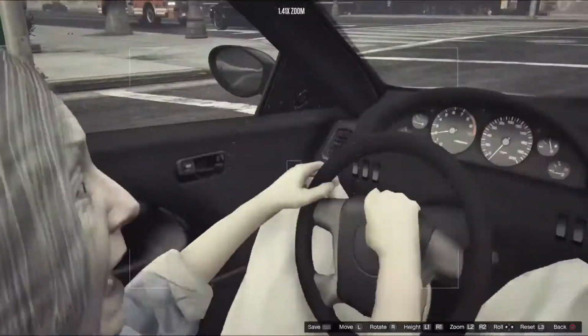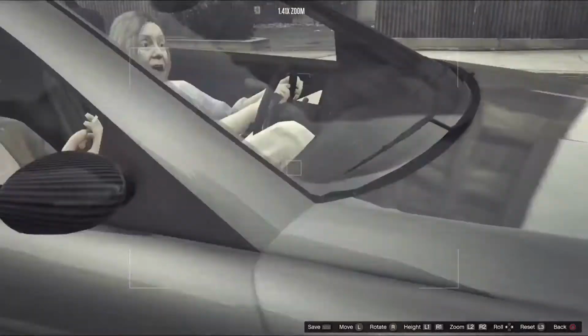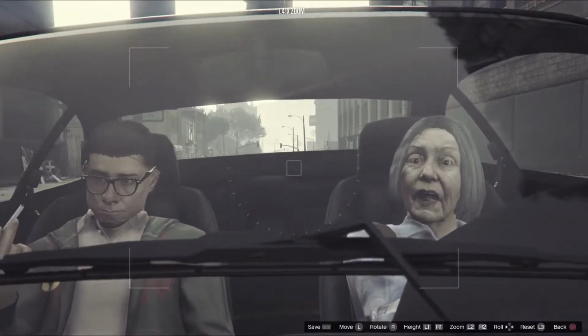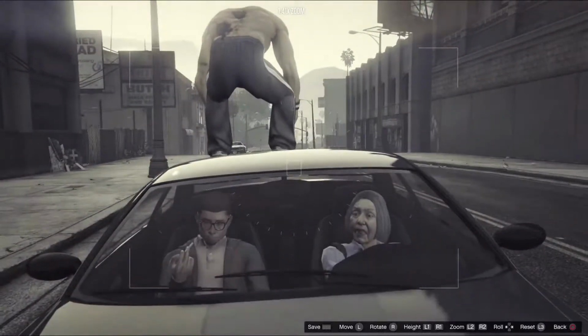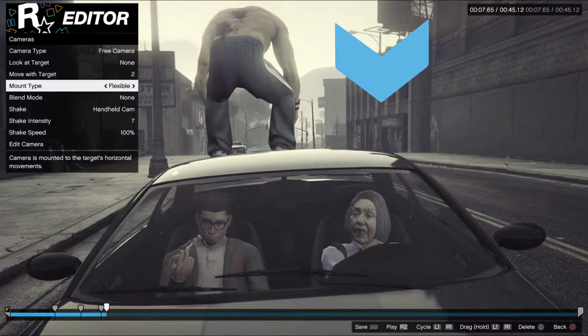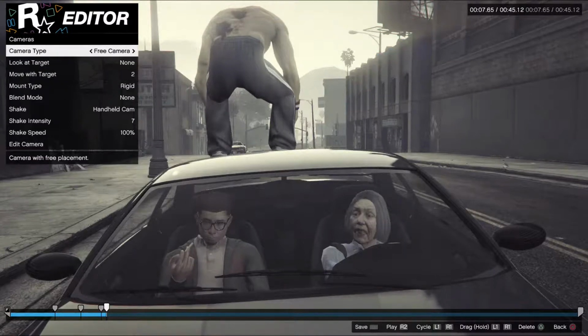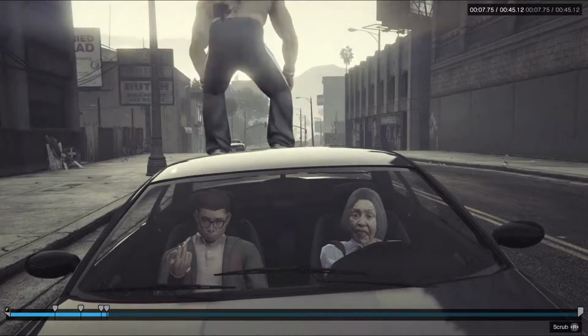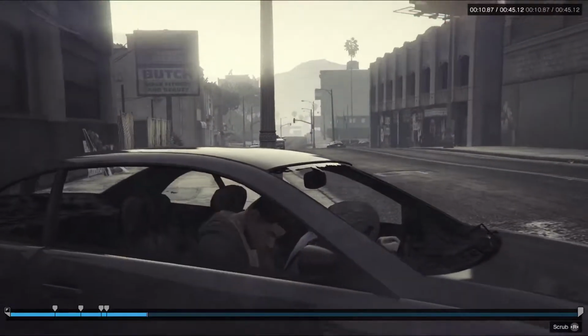What I normally like to do is I like to get the facial expressions for a second. So back here, and because they're moving, what I'm going to do is I'm going to now change the move with target. So now look, you can change the target to who it moves with. So I'm going to move it. It doesn't really matter which one because they're in the same car. But I'm going to put it to rigid. And the reason I put it on rigid is if I put it on flexible and I play it, like basically the